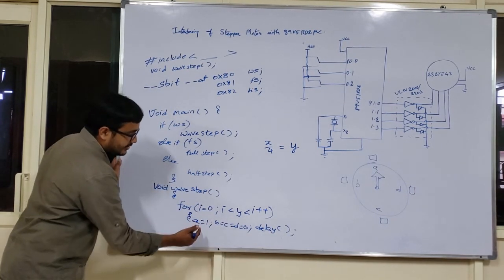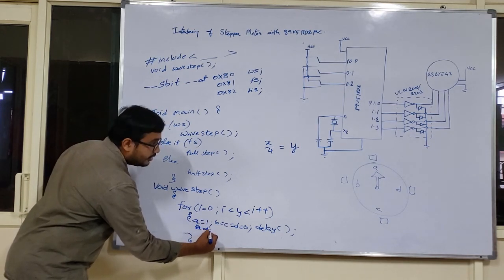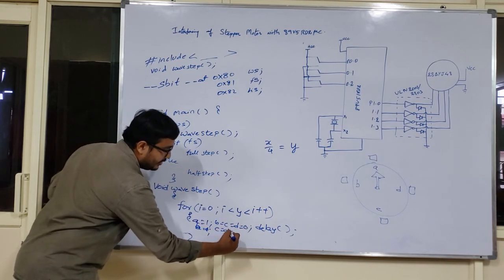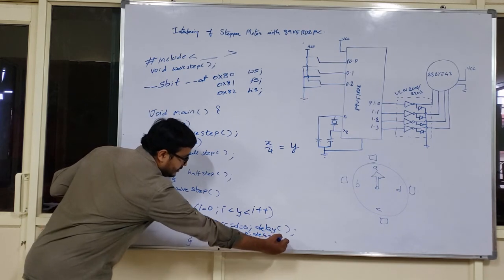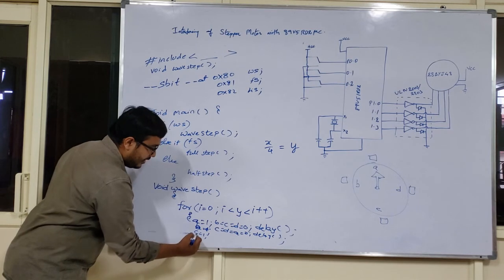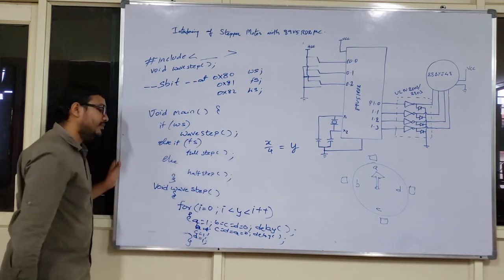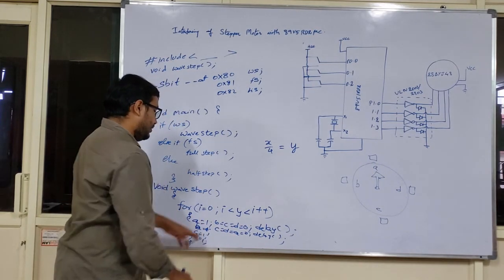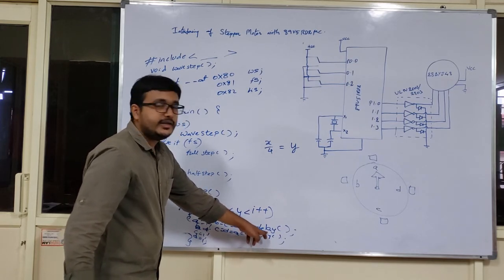So similarly in the next instant, what happens? A equal to 0, sorry, B equal to 1. If it is taking anti-clockwise direction, B equal to 1, C and D and A will be equal to 0, and next delay. Next is C equal to 1, remaining all will be zeros, and in the next pulse D equal to 1 and remaining all will be zeros, and you need to maintain each and every scenario for a certain amount of time that is offered by the delay function.